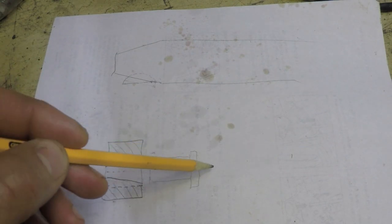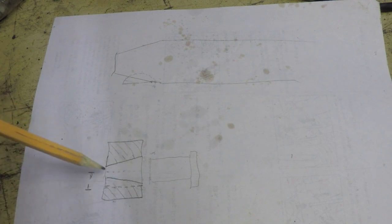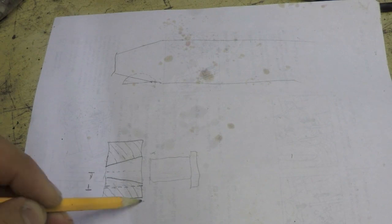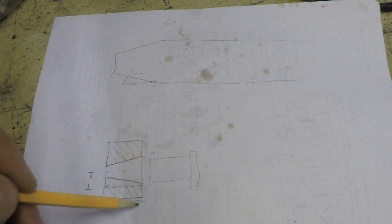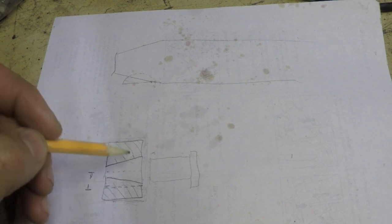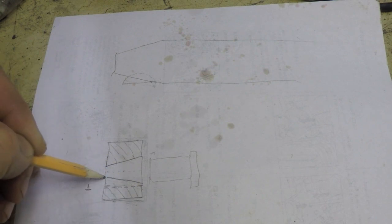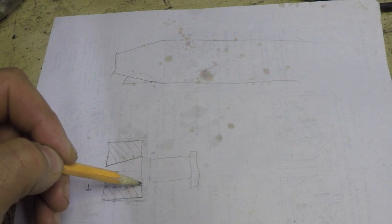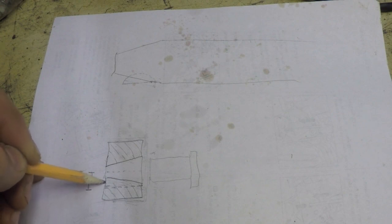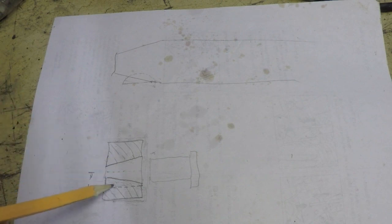So effectively what happened is the broach cut a slot in the side of the tapered hole that is parallel, or perpendicular to this face, or parallel to the outside wall of that bushing. In other words, because this hole gets smaller, the slot is very shallow at this end and gets deeper the further down the bore you go, until it gets to its deepest point at this end. All right, so the problem with that is,